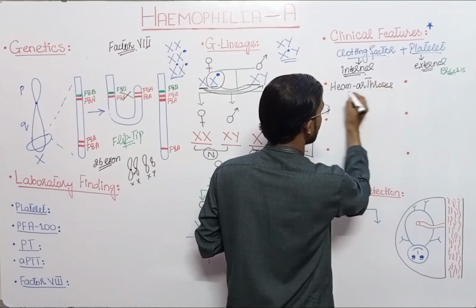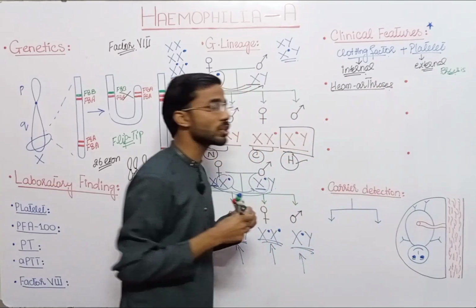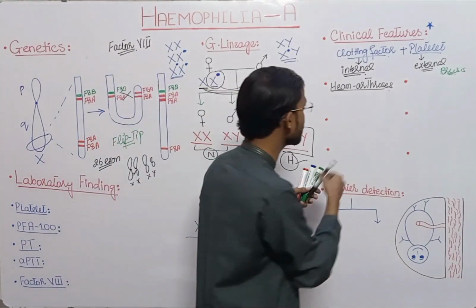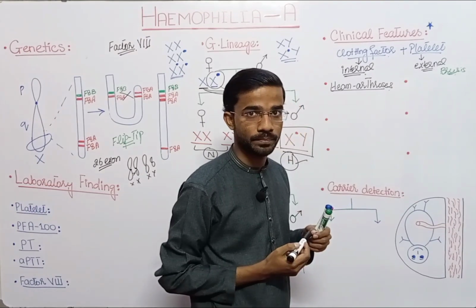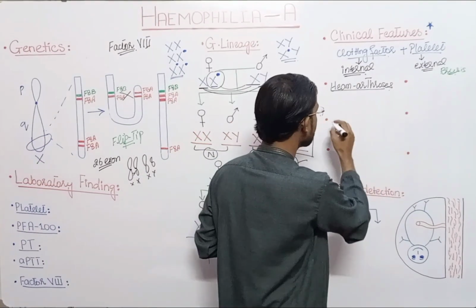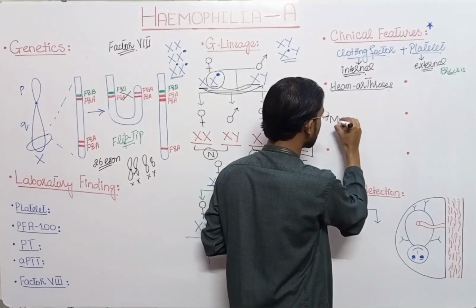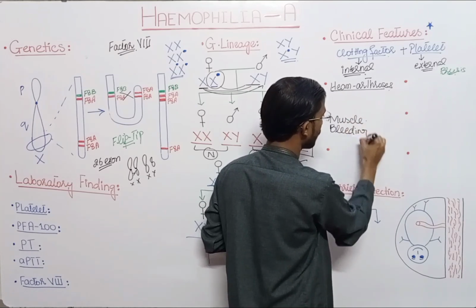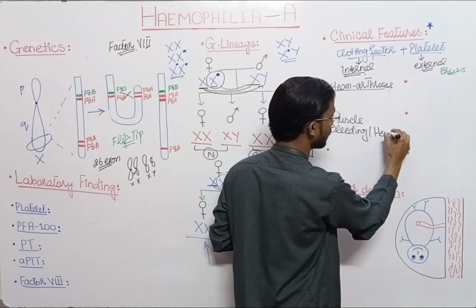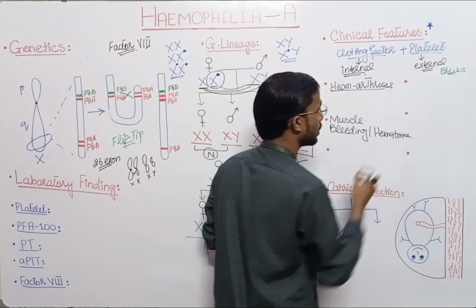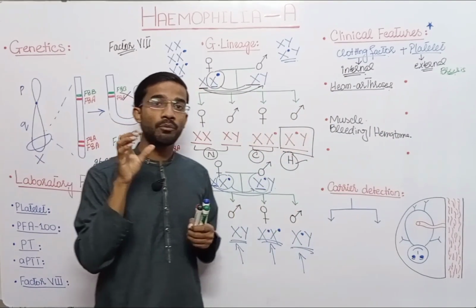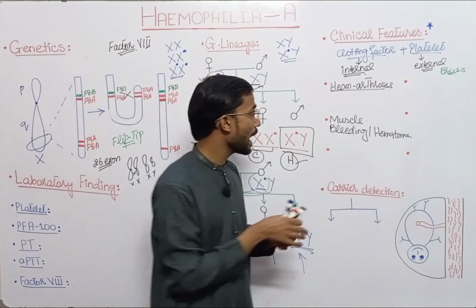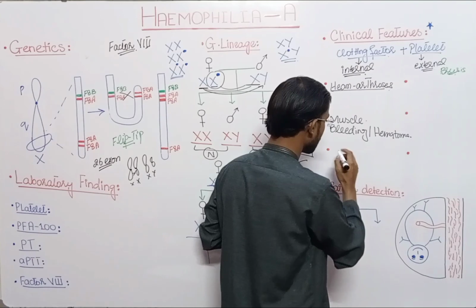Hemarthrosis. You will see the formation of the blood clot in the joints. So here this is actually the hemarthrosis. Next, you also see the muscle bleeding, or you can say hematoma. You will see the formation of the hematoma in the muscles, and you will also see the